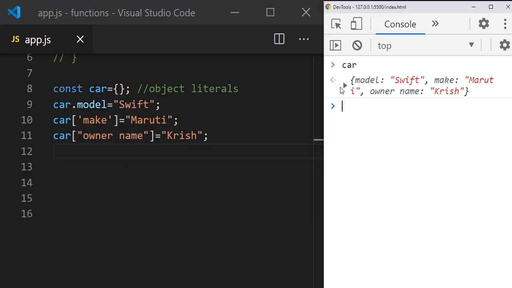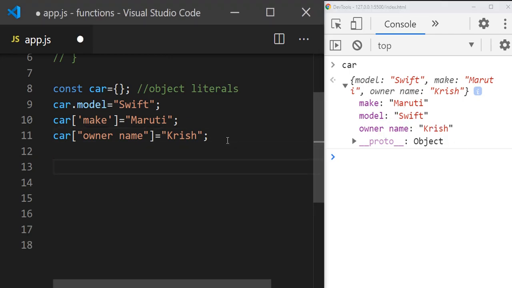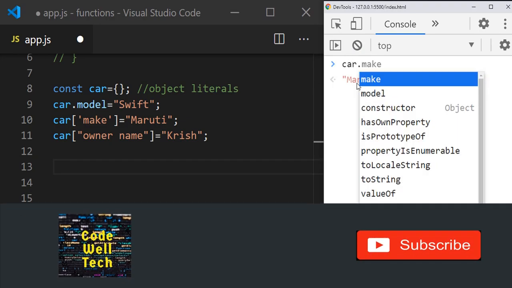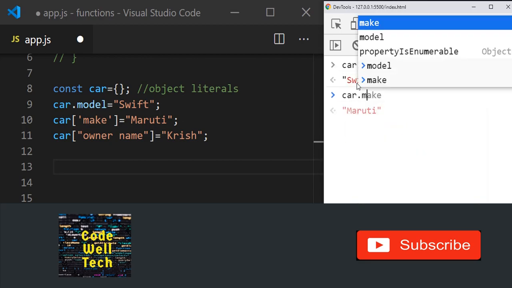You can see all the properties we added: make, model, and owner name. Now, how do we access or retrieve the property values? We use car.model, like this, and car.make.